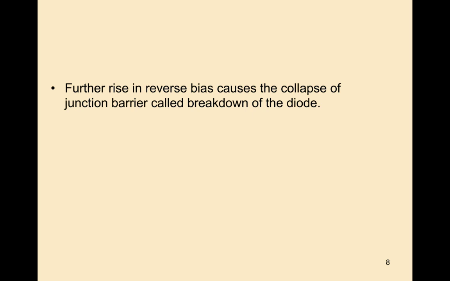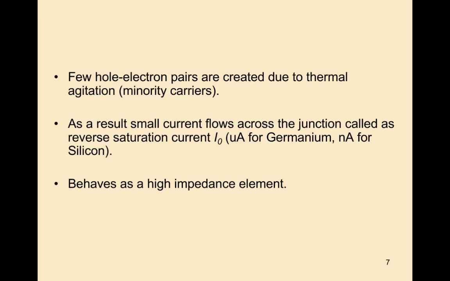So this is about the reverse bias of the PN junction diode. What are the main points to remember about reverse bias condition? When we connect the diode in reverse biased mode, the diode will act like a high impedance element. How do we connect the diode in reverse biased mode? Using a power supply voltage, we connect the battery positive terminal to the N side of the diode and the negative terminal to the P side of the diode.